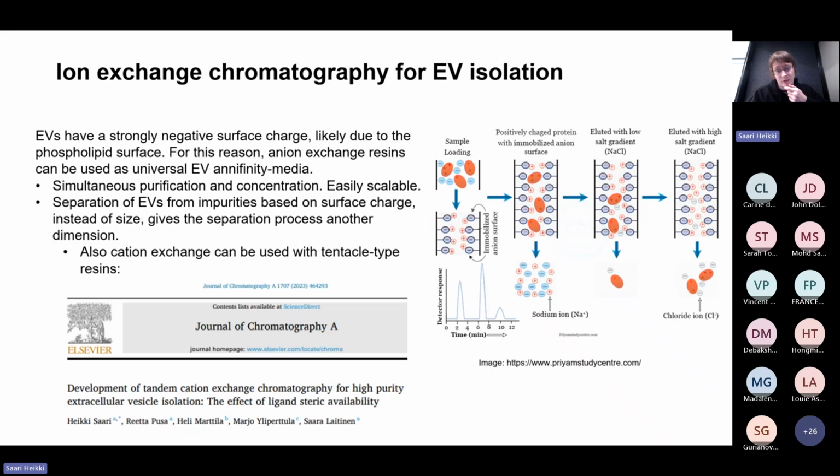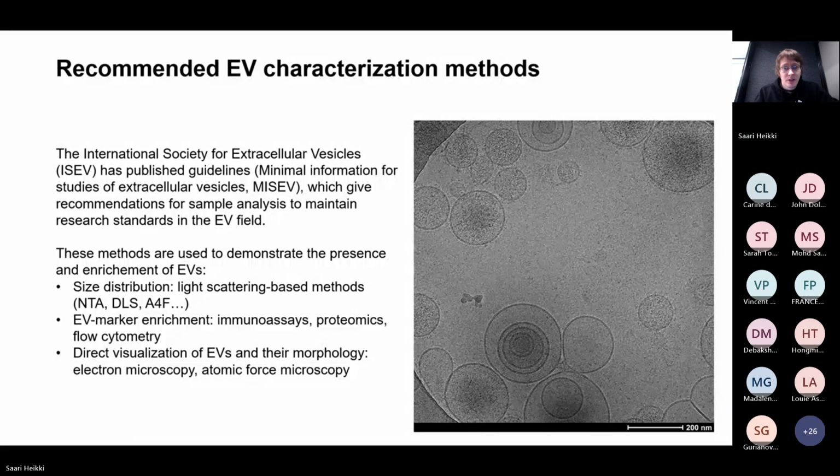This works with special tentacle type resin. If you're interested in that, I recommend you check out this article as well. It's from 2023. But on with this,